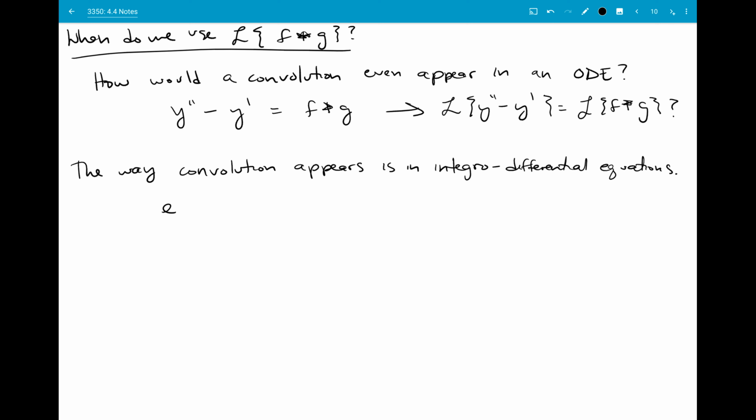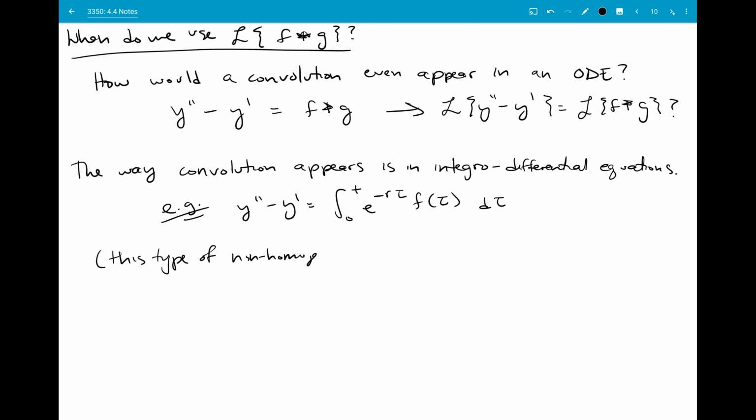For example, we could still use that y double prime minus y prime, and then it'd be equal to e to the minus rt times f of t, integrated from 0 to t. Let's use tau, I guess. So let's say that was the function. So this type of non-homogeneous part emerges